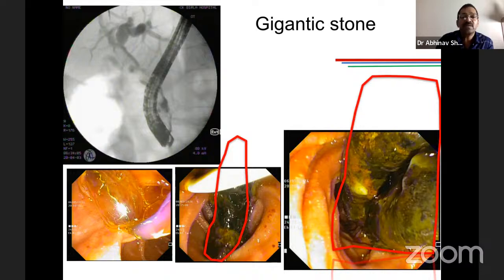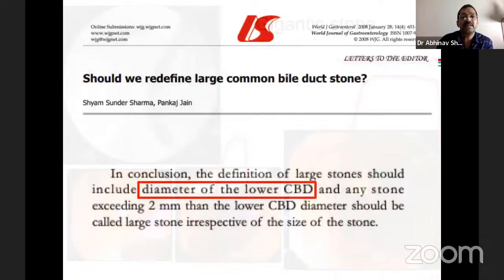So even larger stones like this can be removed using this technique, small sphincterotomy and large balloon sphincteroplasty. Again, we have to see that doing large balloon sphincteroplasty can sometimes lead to more bleeding, and sometimes there is a perforation risk. So with all these techniques, sphincteroplasty, sphincterotomy, dilatation of the bile duct, should we redefine the common bile